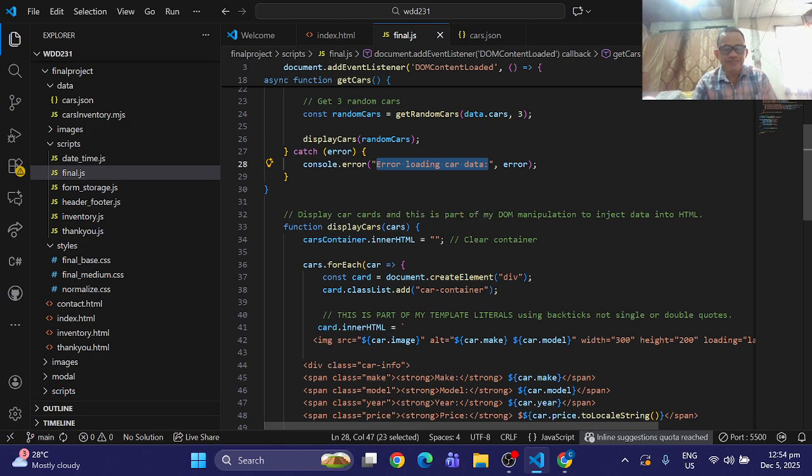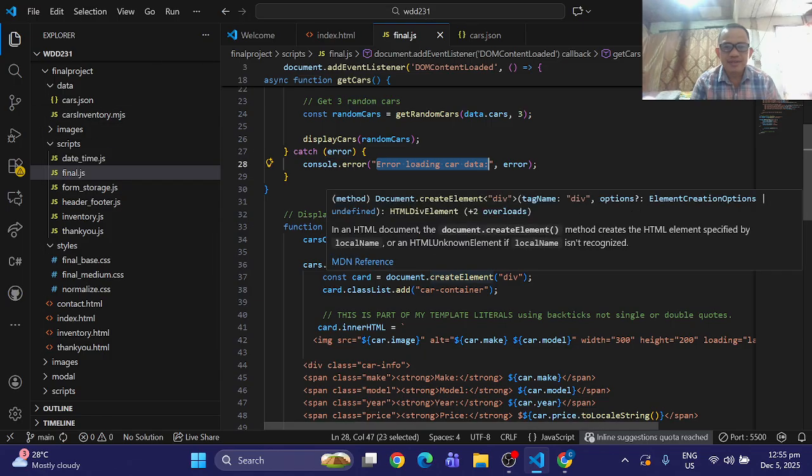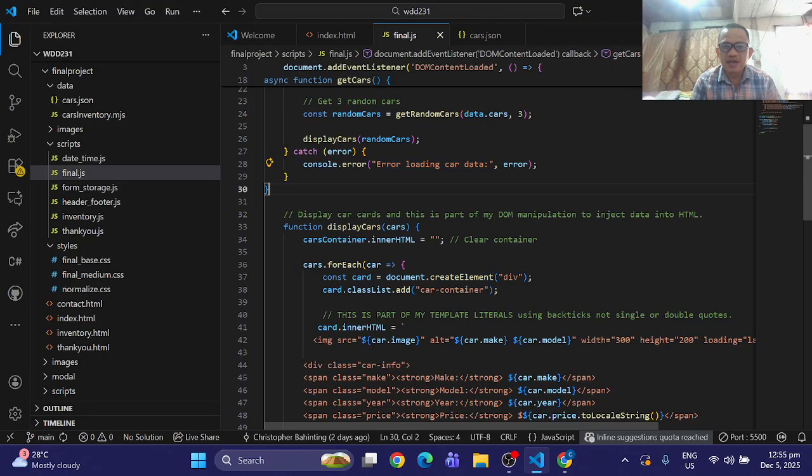And then, to put the input from the cars JSON file, since the data from the JSON has been successfully loaded, all the information from the JSON file will be loaded to our HTML.